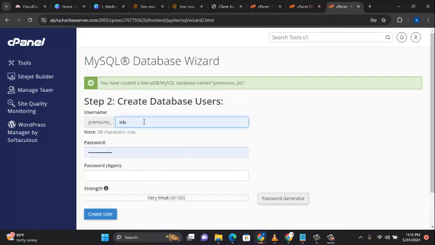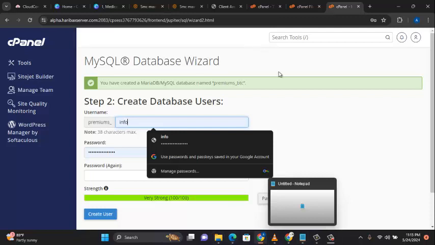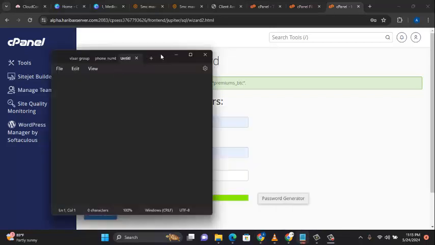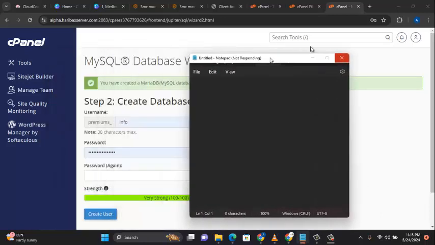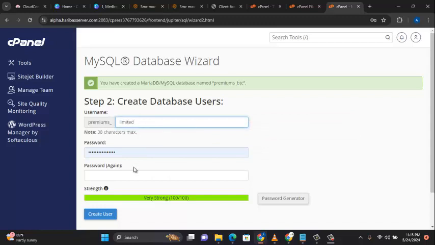Alright, so what I always advise people is that when you are doing stuff like this, try to have your notepad. Your notepad must be beside you, so that you can always jot some of this information that you'll be getting from here. Alright, so I have my notepad here, and so I can decide to say limited. Alright, then the same thing I'm using here, let me say BTC,